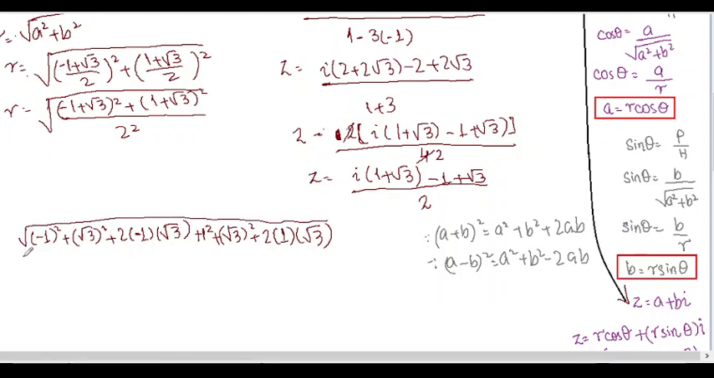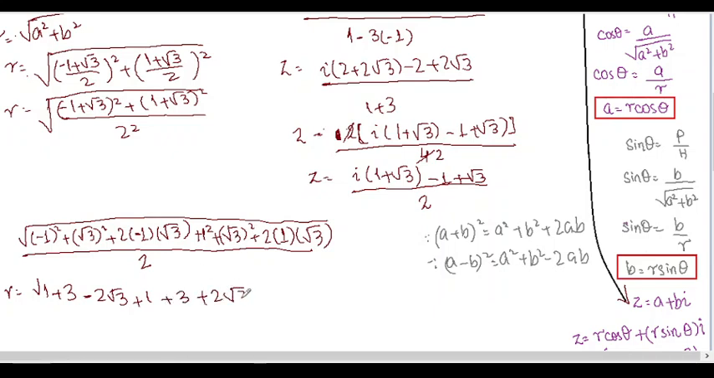Okay, the whole is divided by 2. Since the 2 is squared under the square root, the square and square root cancel, so we get 2. r equals the square root of (1 minus 1 squared gives us 1 plus square root of 3 squared gives us 3 minus 2 square root of 3 plus 1. 1 squared gives us 1 plus square root of 3 squared gives us 3 plus 2 square root of 3). Now this is also divided by 2. These two cancel and we get